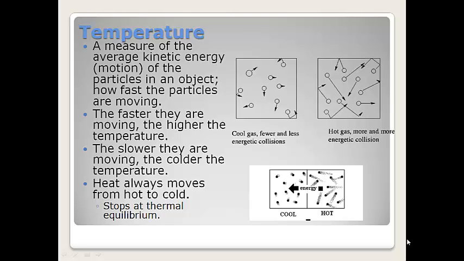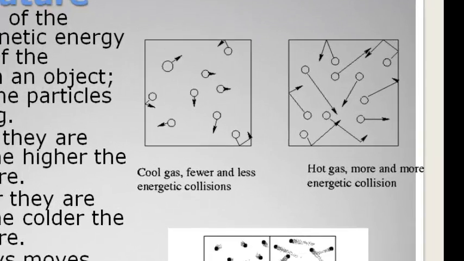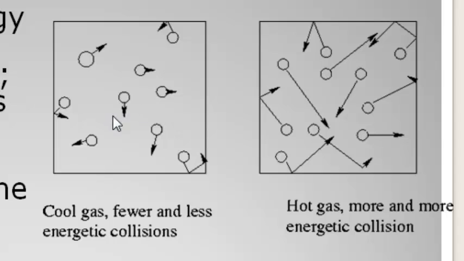The faster the particles are moving, the higher the temperature. The slower they're moving, the colder the temperature. And in the illustrations you can see on the left, the short arrow indicates slow movement. These particles are not moving around very fast, and so it's a cold substance. On the right, the long arrow indicates faster movement, more movement, and so this side on the right is a